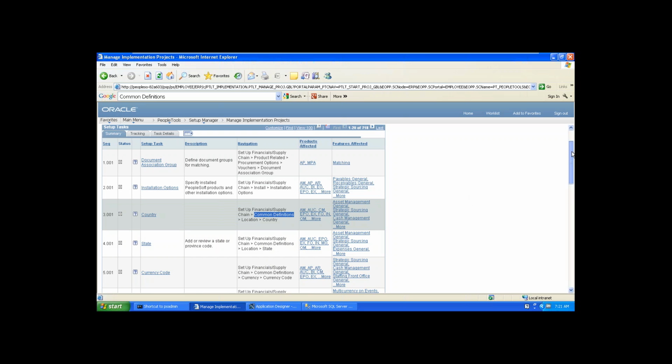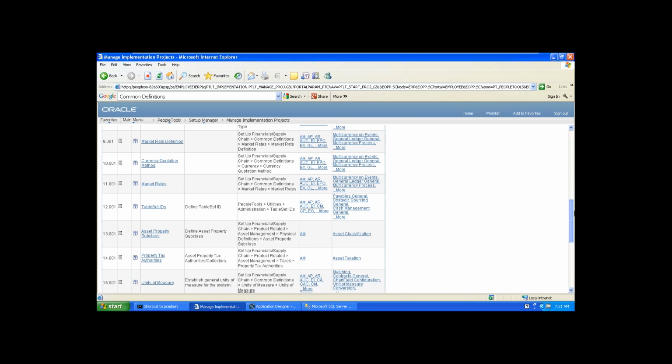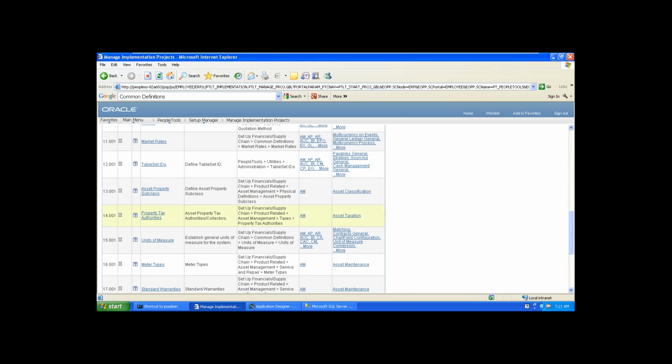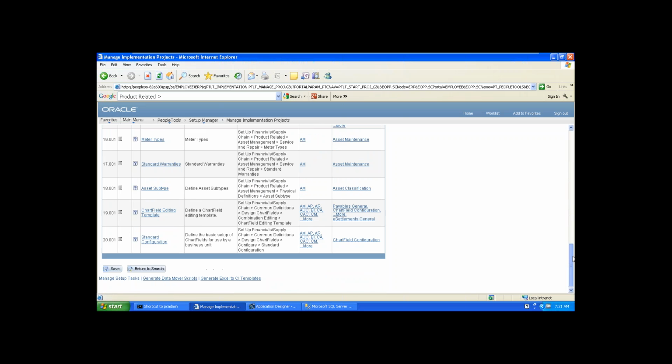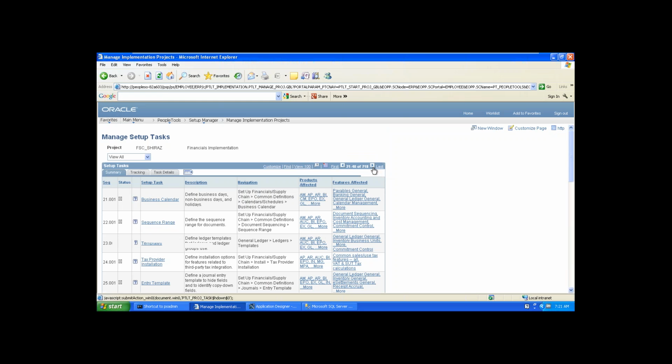You can see all are common definitions. Next we can see product related, and one more you can see, business unit related.